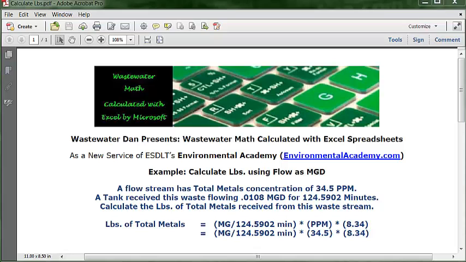So this problem is a poundage calculation problem because the problem asks us to calculate pounds. The first thing we want to recognize is that poundage calculation problems utilize three components: two variable and one fixed. The fixed component is the standard conversion factor from gallons to pounds, which is 8.34. But the two variables are